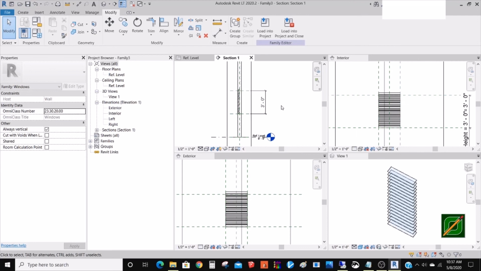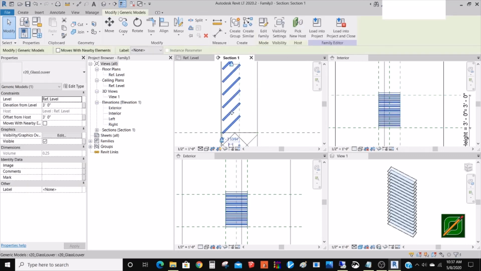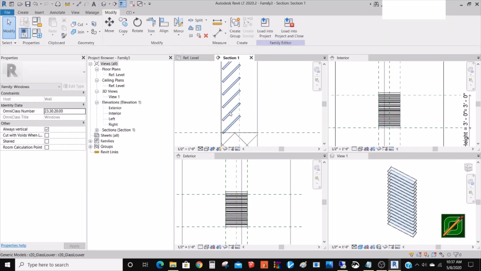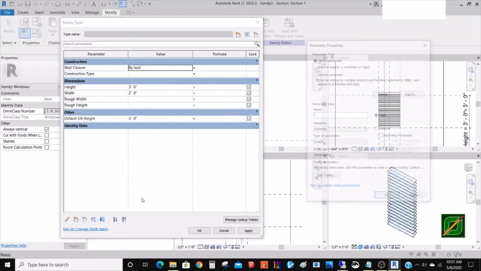And now if you'd like to make it more beautiful, you can create a frame on it. This is just very basic. So the idea is you know how to create the blade of the window, and you can change the angle of the blade. By the way, you can make an angle parameter here,